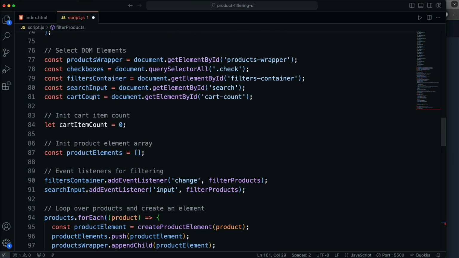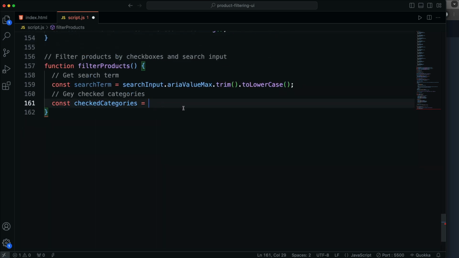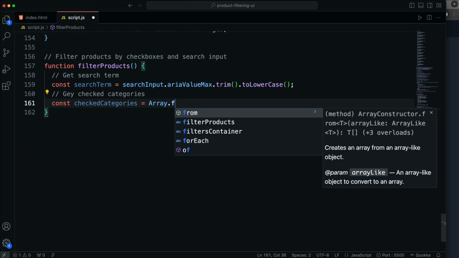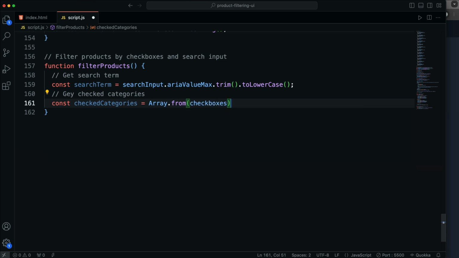First of all, we're going to turn that checkboxes variable right here. Let me just show you real quick. We have checkboxes, right? Actually, I think I called it checks. Did I? No, checkboxes. All right, so we're getting all of the checkboxes. We're not getting a single element like we are with the rest of these. With query selector all, it gives us basically an array of our checkboxes. It's called a node list. So I want to turn that into an actual array, and we can do that with Array.from. So let's say Array.from, and then we can pass in checkboxes, and then we're going to add on to this